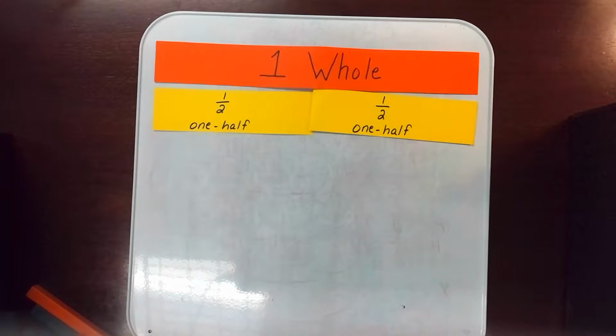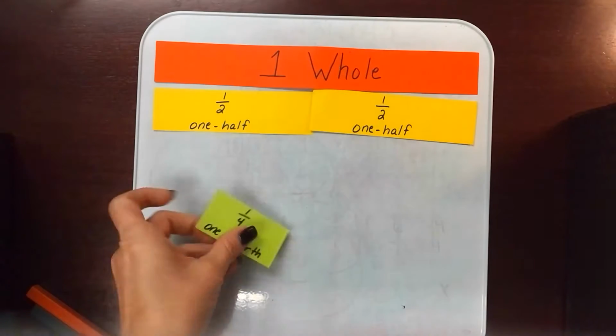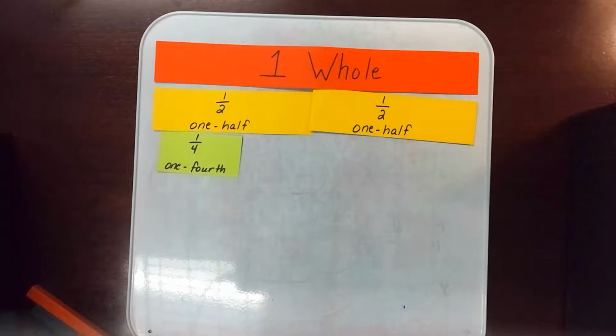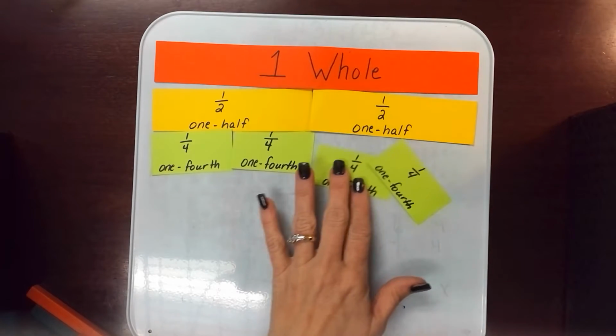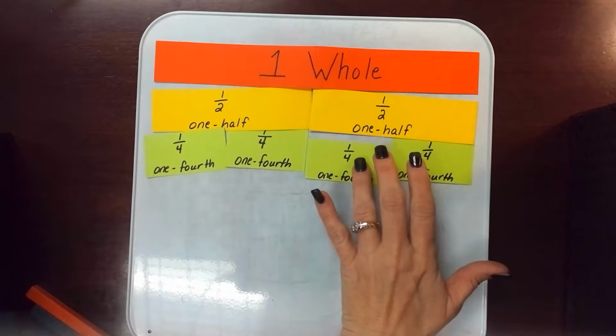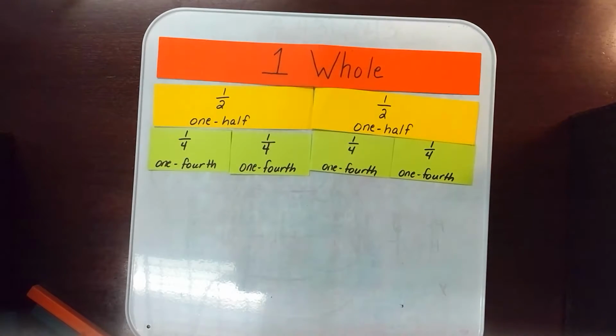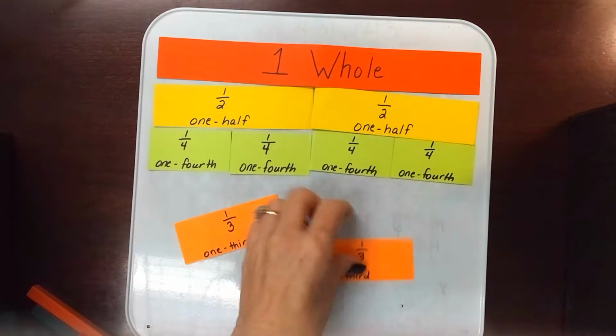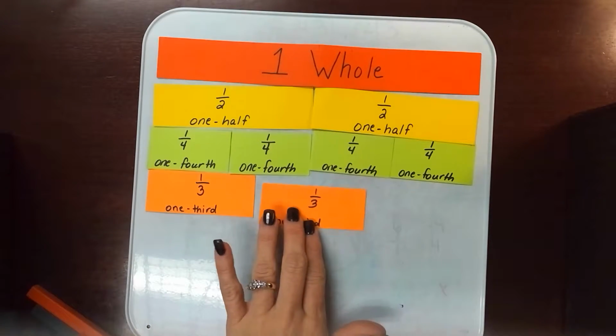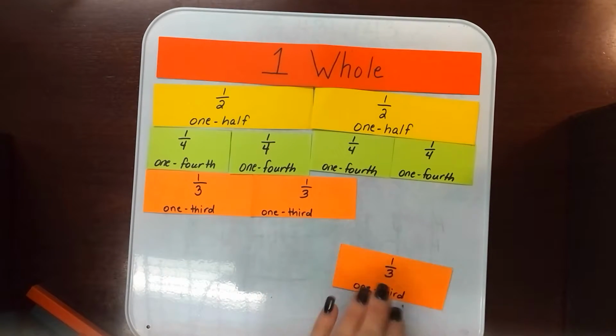And so I have a fourth, and a fourth, and so then we can have the discussion that 2 fourths equals 1 half, right? And then we continue going, and we could say that 3/3 equals 1 whole,